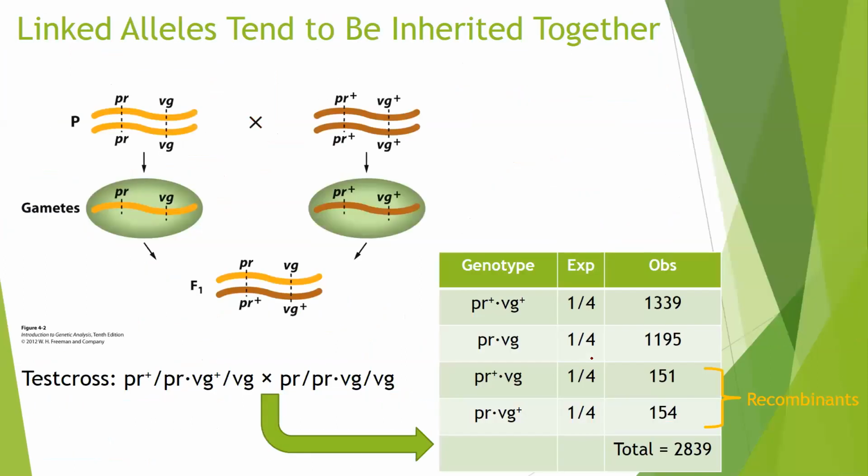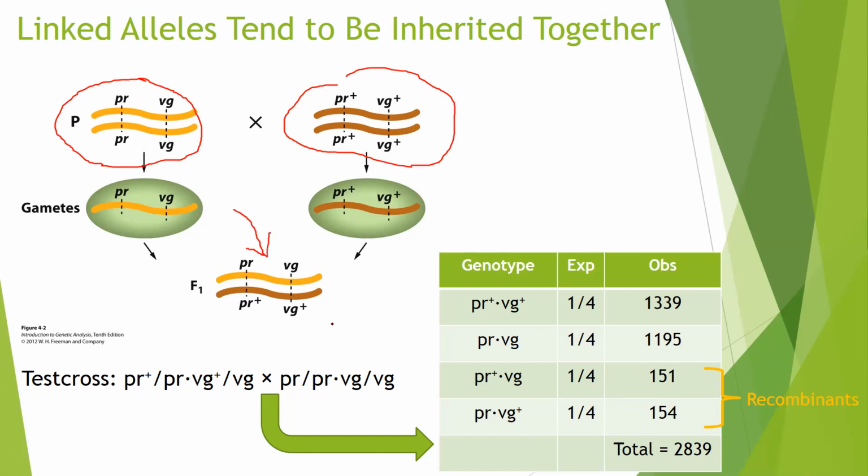Okay, so this is an example here. Suppose this is the reality. We have two genes located on the same chromosome. We cross these two parents to generate the F1 hybrid, right? All right. Now, if we do the test cross,